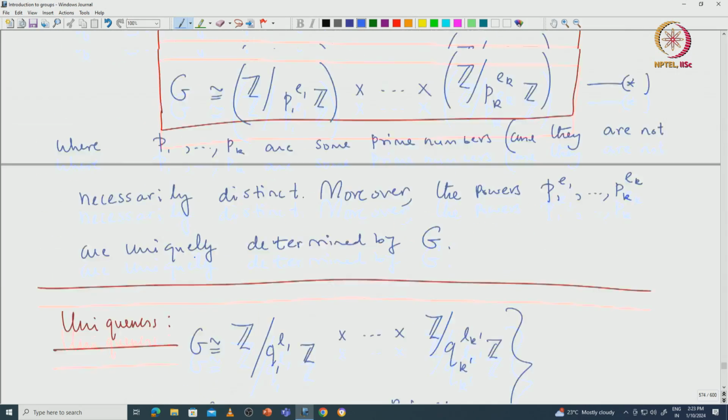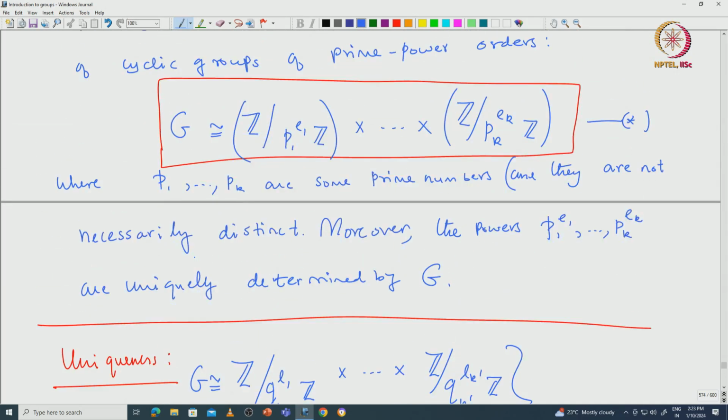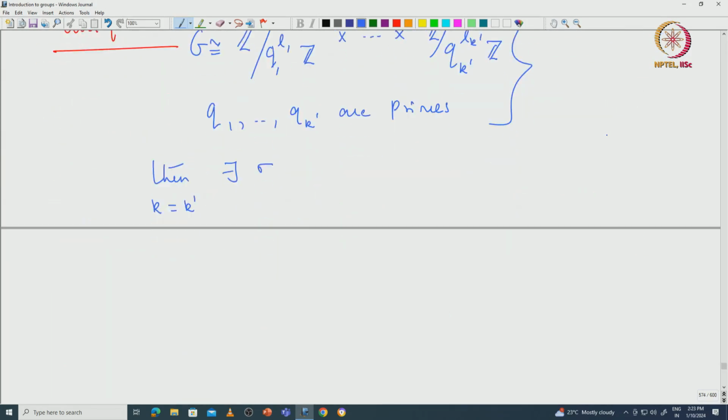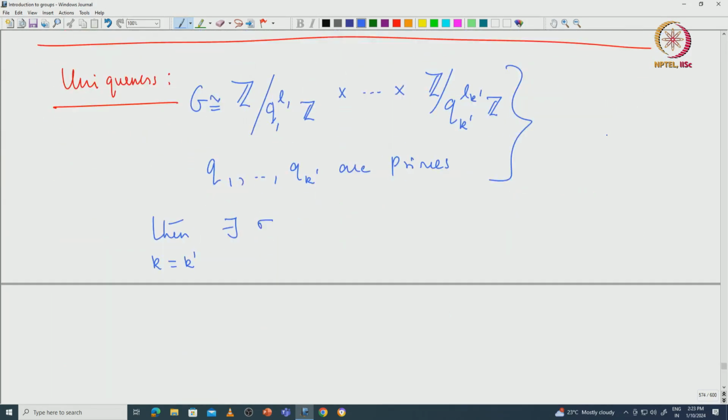So the number of factors that are there in this star is uniquely determined by capital G. So k equals k dash, and there exists a permutation sigma in S_k such that q_i power l_i will be the same as p_sigma(i) power e_sigma(i) for all i